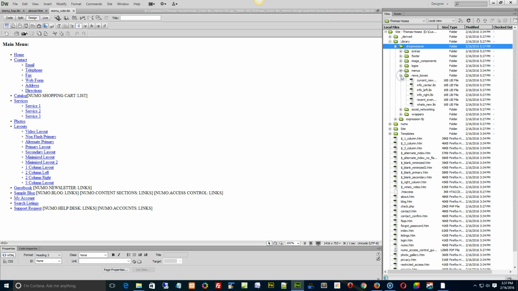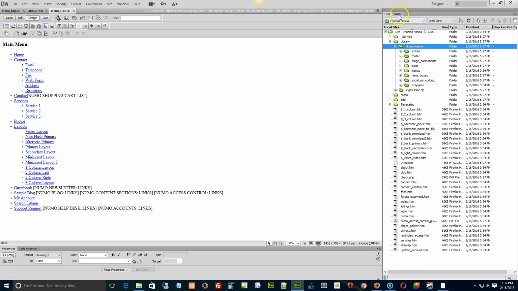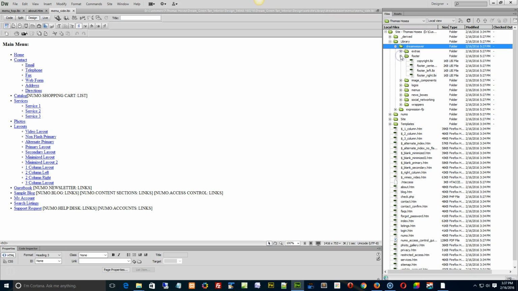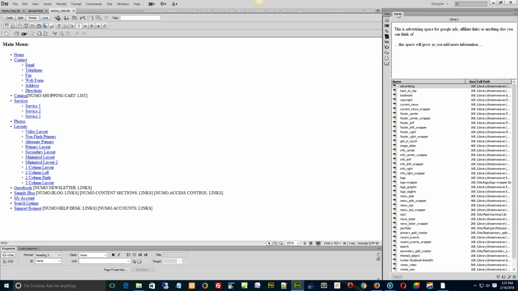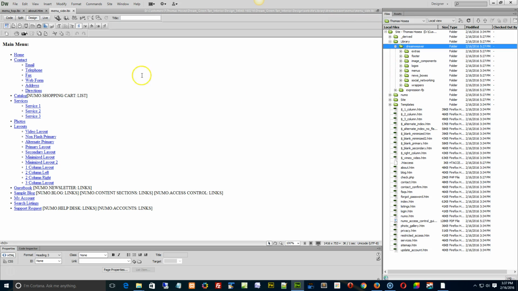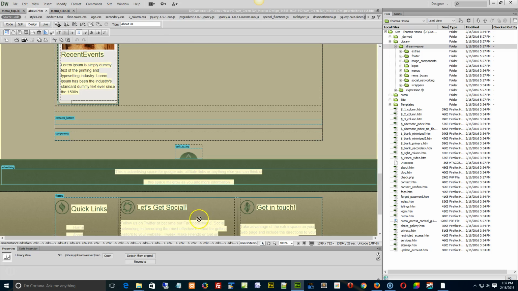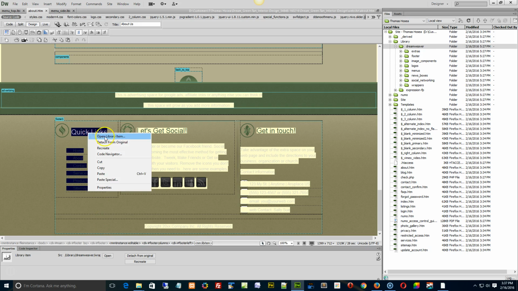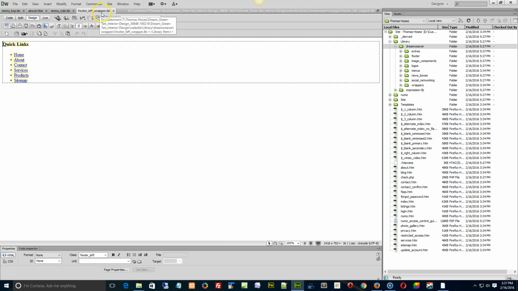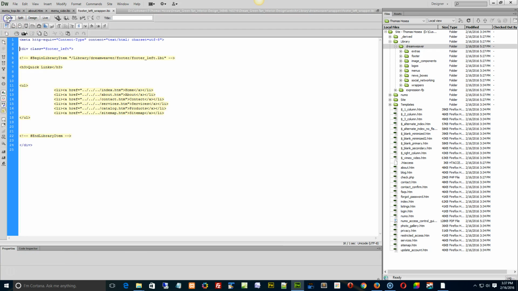For example, let me see if I can find a good example of that. The footer left wrapper right there. In the actual code, it's loading in the footer left LBI page. So the wrapper is a design element to help protect things. But long story short,